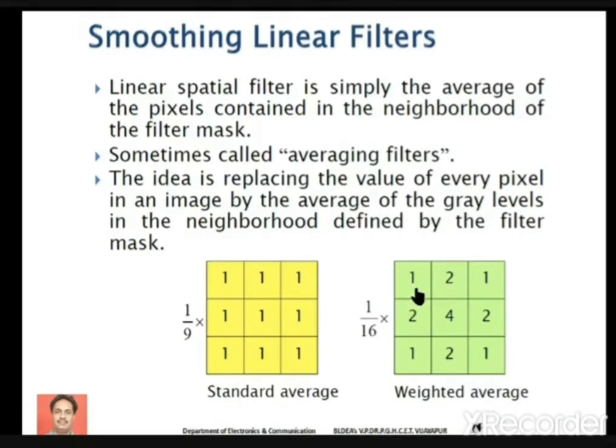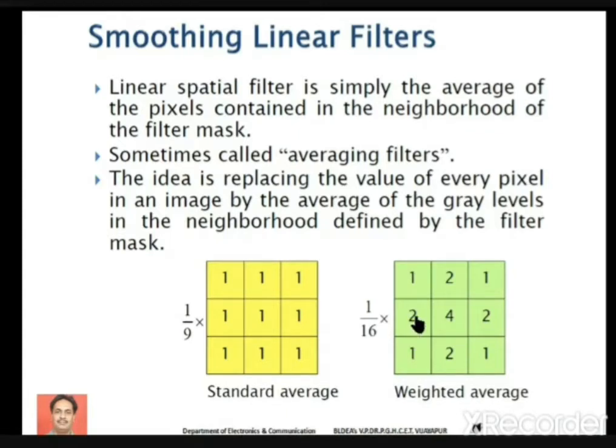So whenever you want to preserve very important information carried by the pixels, instead of assigning the same weight to all the pixels, we assign different weights. Like the center pixel can be assigned the highest weight, the horizontal and vertical pixels can be assigned the next weight, and diagonal pixels can be assigned the lowest weight.